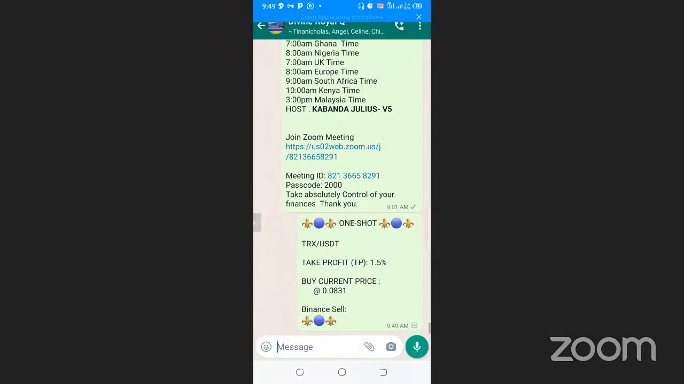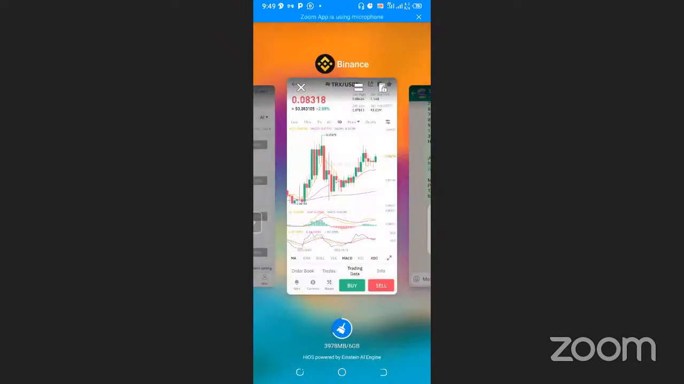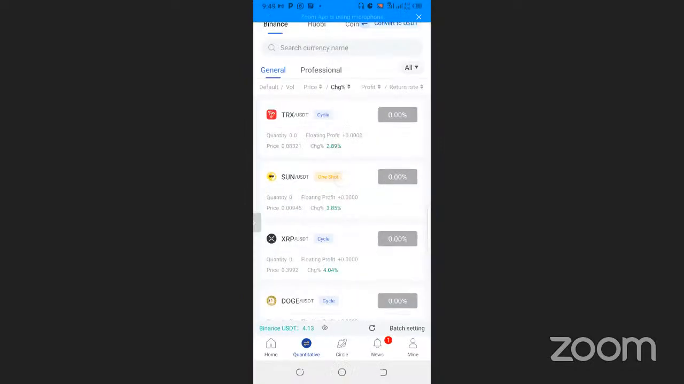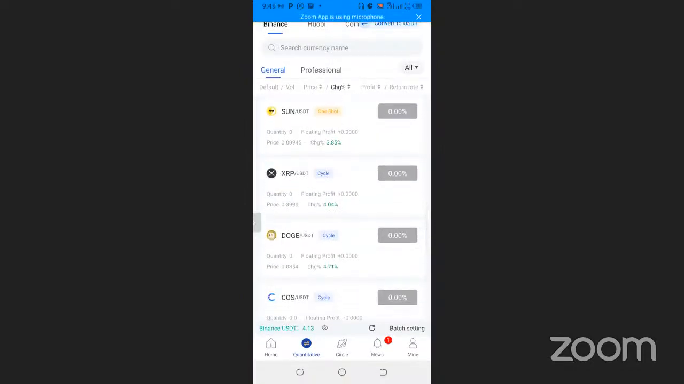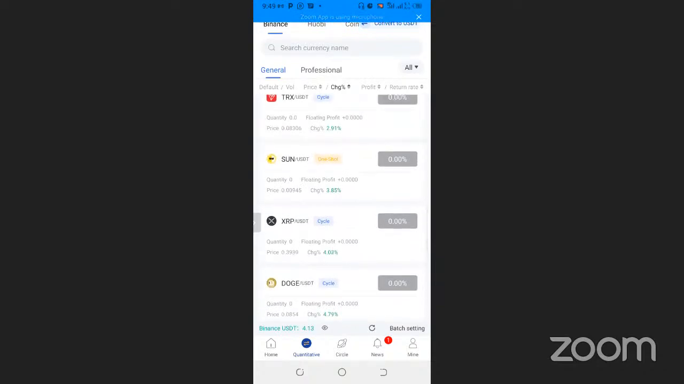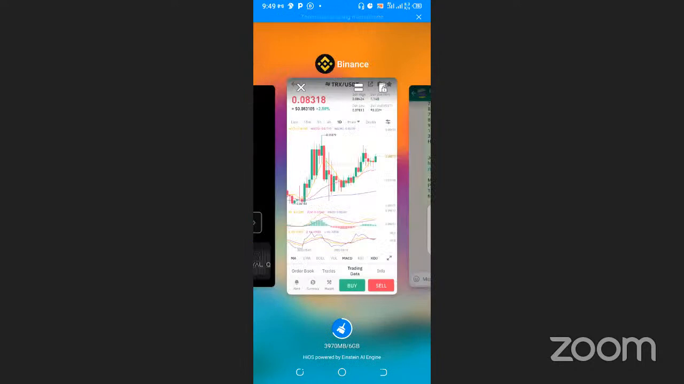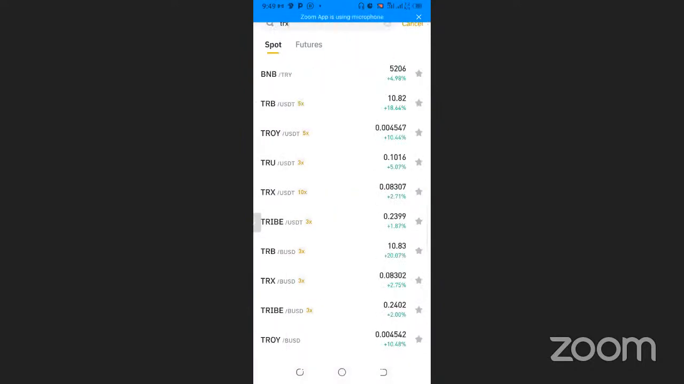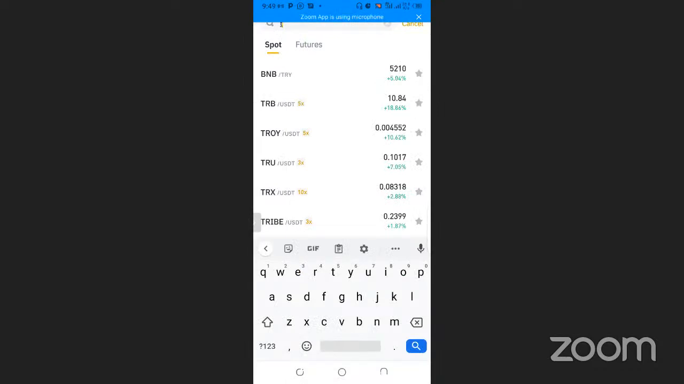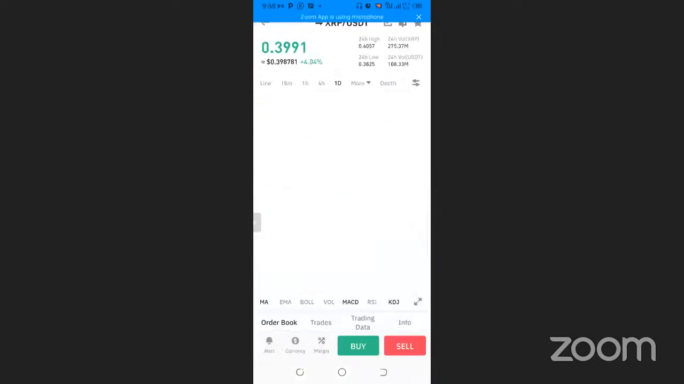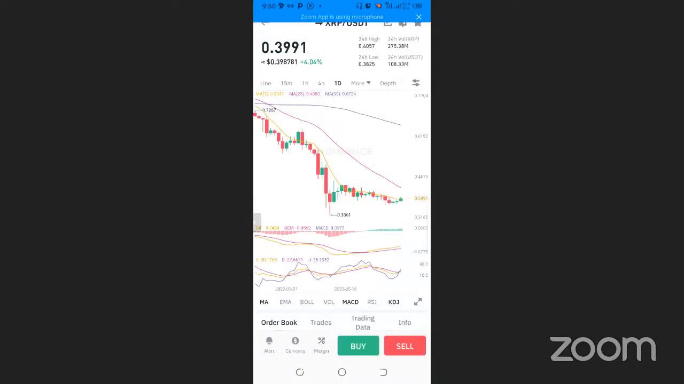All right. So we are going to look at the second coin to trade at this moment. Let us look at XRP. What is the all-time high of XRP? We are having 3.4, and the current price